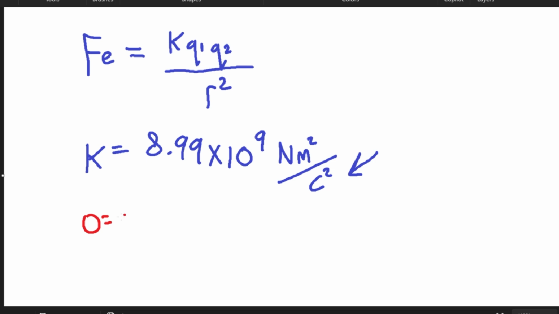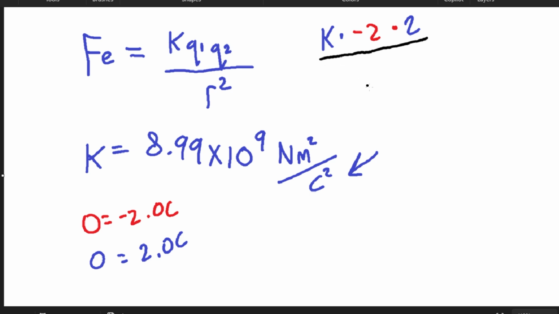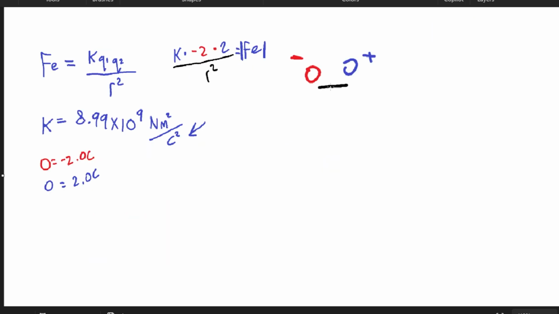However, with regards to these charges, yes, they're attracting each other. So you would think, you do K multiplied by negative 2 multiplied by 2 over whatever distance they have between them. But for the electrostatic force, we just want the absolute value. So whether the charge is negative or positive, we want our electrostatic force to be a positive number. Let's say the distance between these two charged particles is 2 meters. So we do